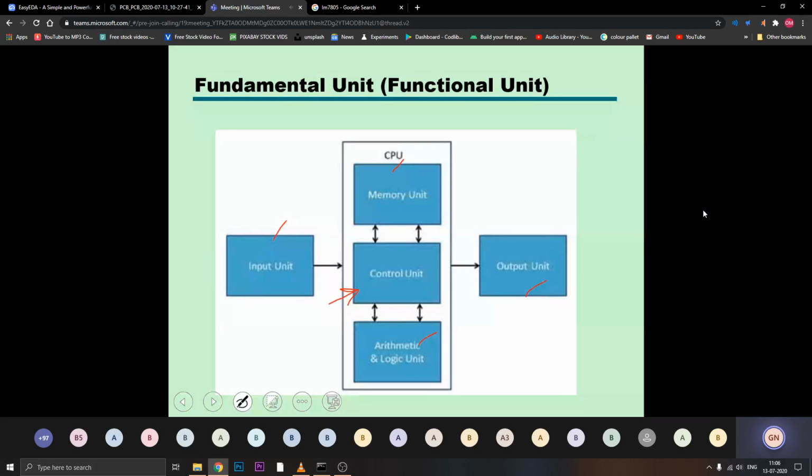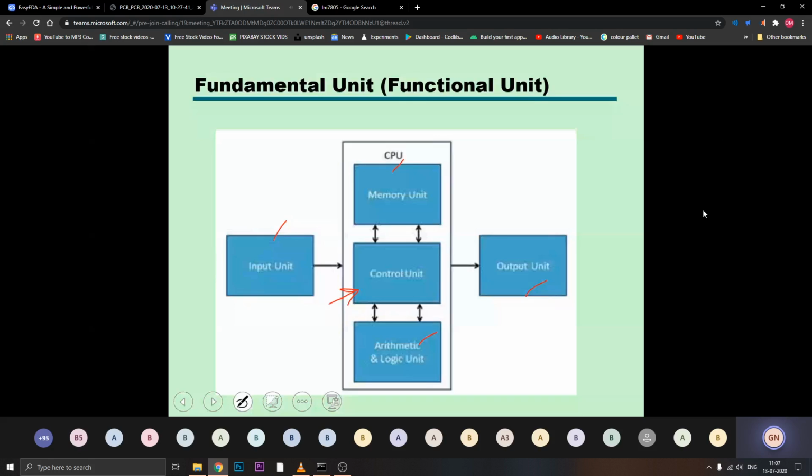So these are the basic things that are working inside a computer. The last one is the output unit, which is very easy. Whatever operations or executions are performed by the computer or CPU, those results can be transferred to the output unit. Whatever the results of the calculations are, I can send them to the output unit also.